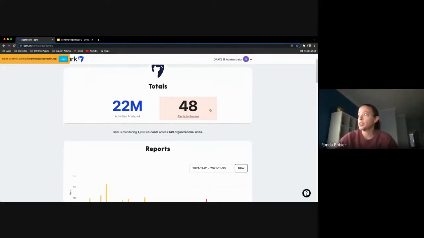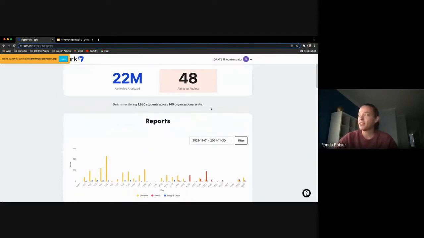This number here is the alerts that are needing to be reviewed for your account. So there's currently just 48 of them. This light pink does mean that there's no severe alerts that currently need to be looked at. It means that there's just those non-severe alerts that are sitting in the dashboard. So that's good. If that was a bright red color, that would mean that there were severe alerts needing to